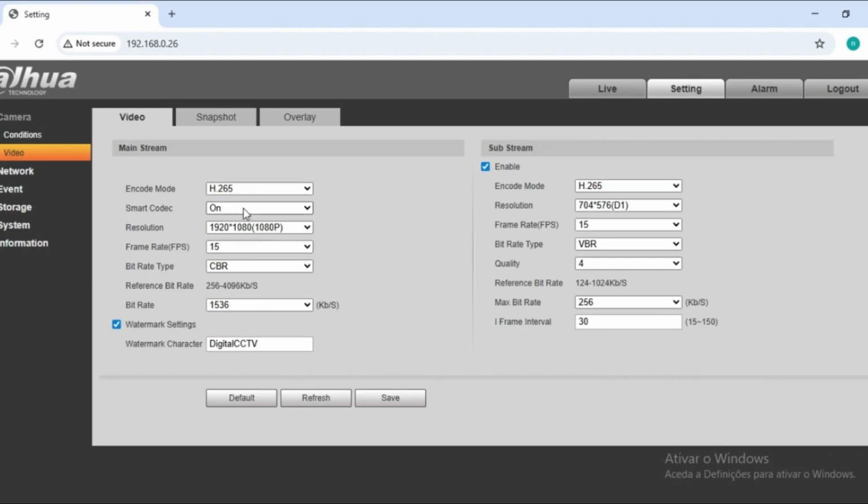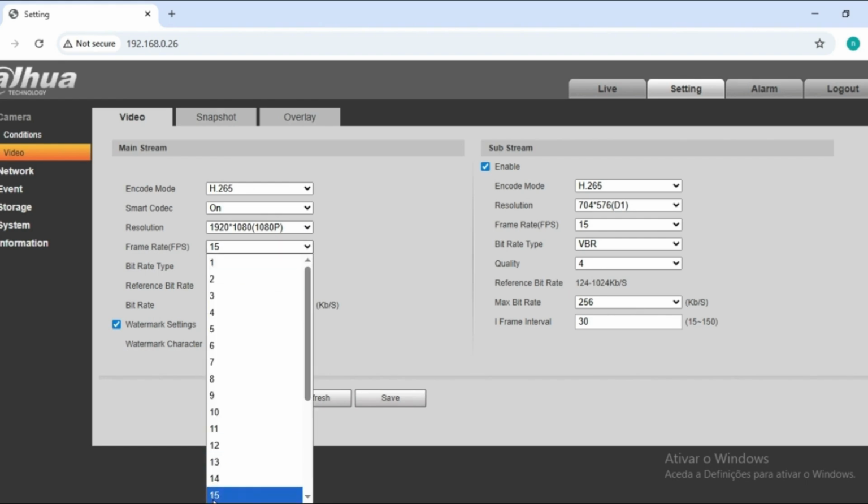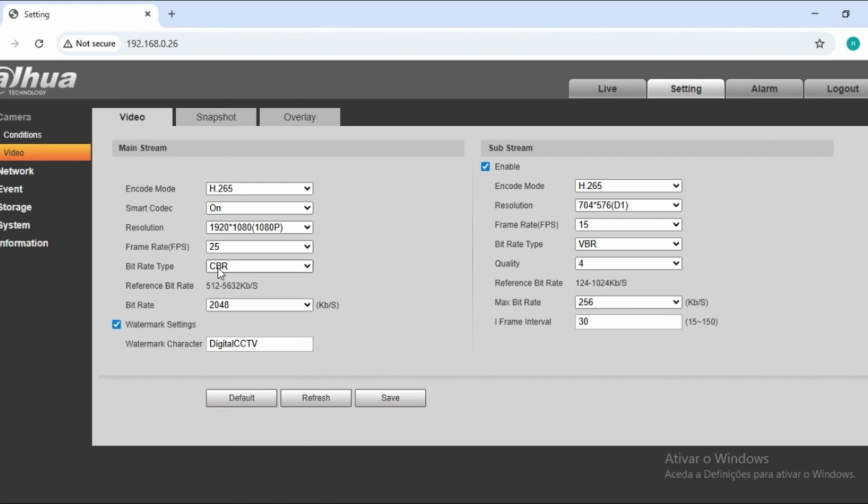Let's choose H.265 again, keep it at 1080, and select 25 FPS. Bitrate type, constant and variable. Here it's constant. Let's leave it exactly like this for now. So this will be our final project setup, and in order to subscribe, let's go ahead and choose this option